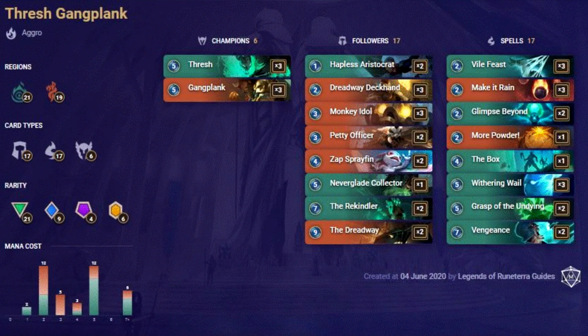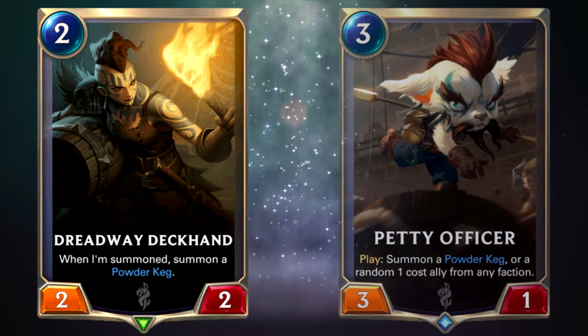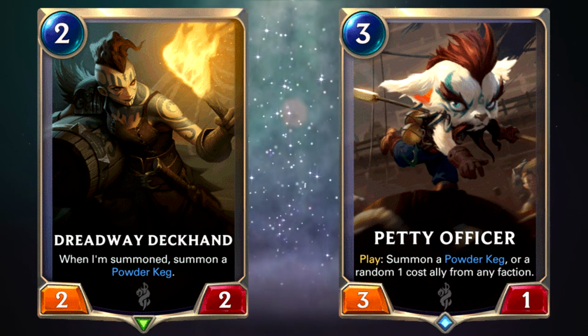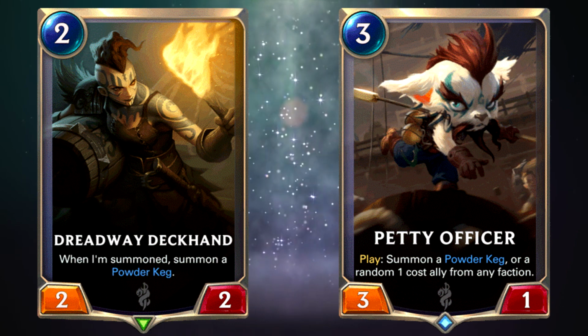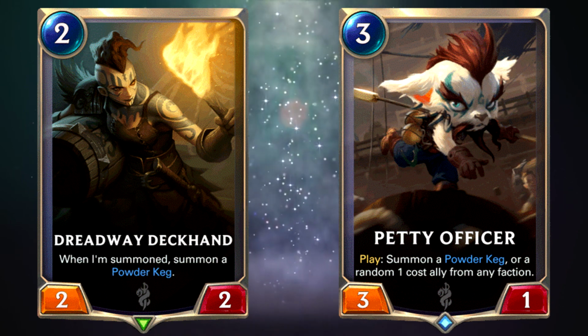This deck works all around power kegs with Thresh and his Shadow Isles death support. You'll be wiping out the opponent using Shadow Isles' excellent board clearance spells, with their effects being amplified by power kegs. Dreadway Deckhand and Petty Officer are just 2 of the many cards that can bring out power kegs in this deck. Each power keg that is stacked will deal an additional 1 damage when used with a damaging skill